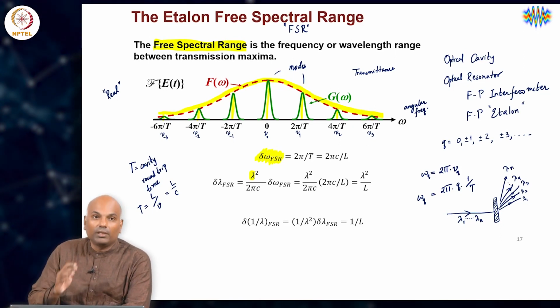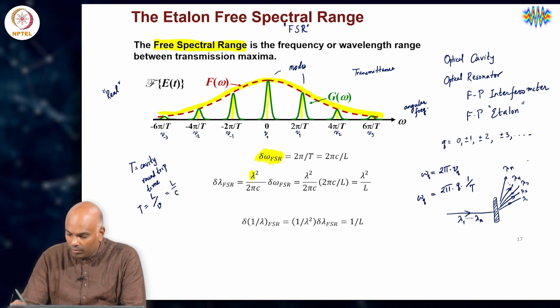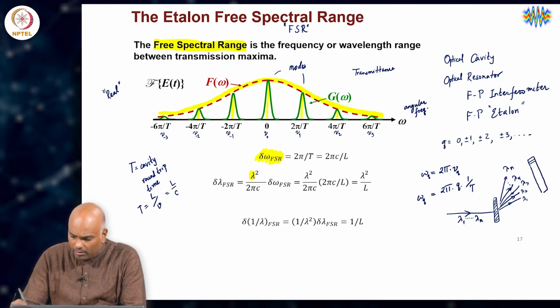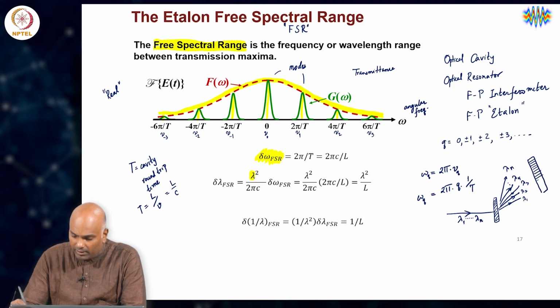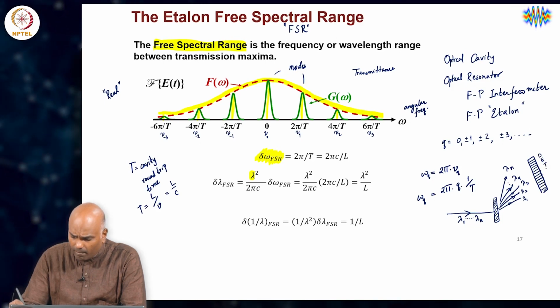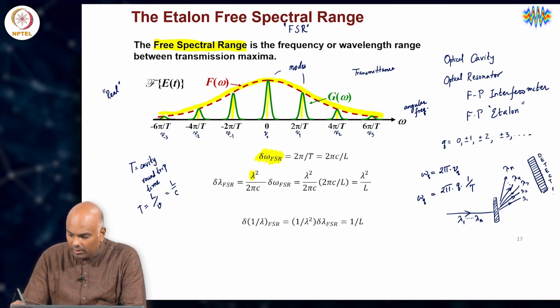So, you converted the wavelength information into spatial information, and you could then have a detector with n pixels which records this,